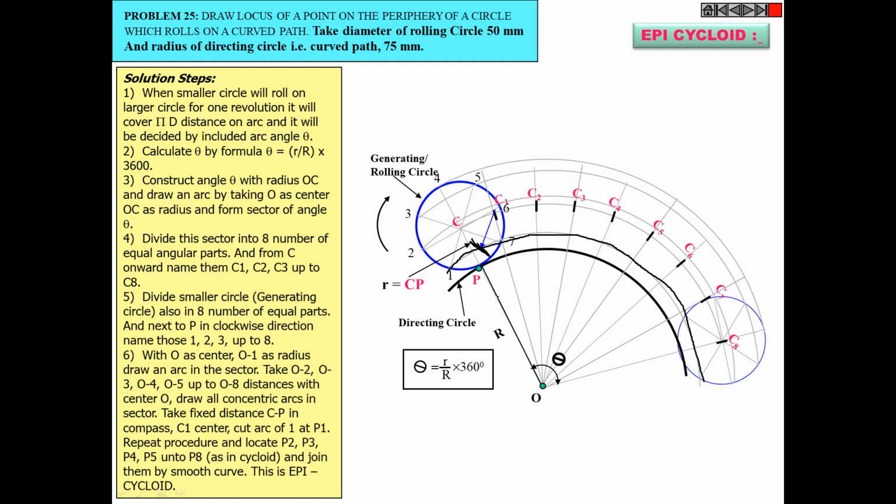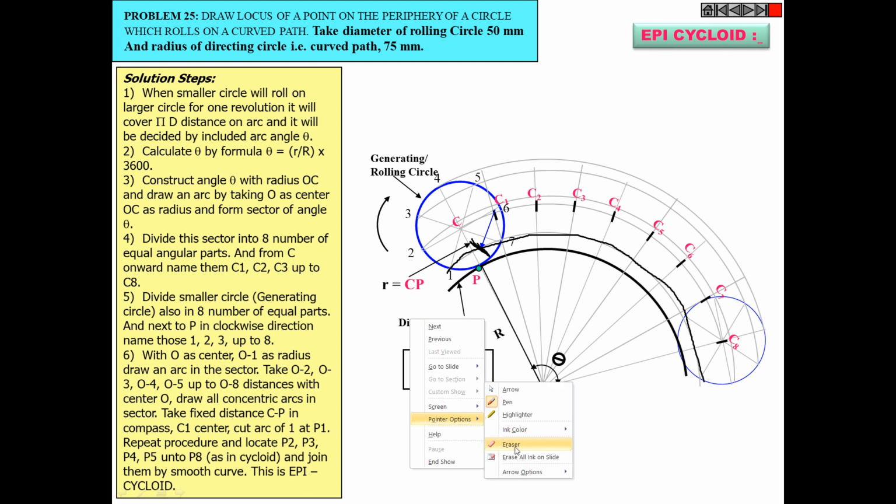Now you will ask me that, sir, I can cut this arc point over here also. No, I will not cut arc point over here. Why? Because I have to cut all these arc points in clockwise manner, because my rolling circle is rotating clockwise. If you cut this arc point over here, that means you are taking the anti-clockwise direction. You will get the wrong epicycloid. Am I clear how I have cut the first arc point? So can you repeat this one? Okay, I can repeat. I am repeating this one.